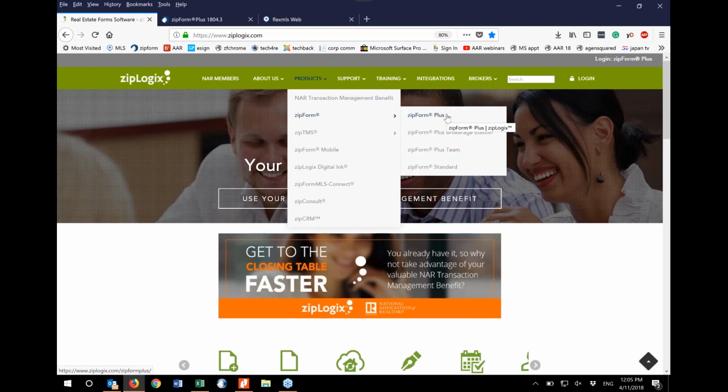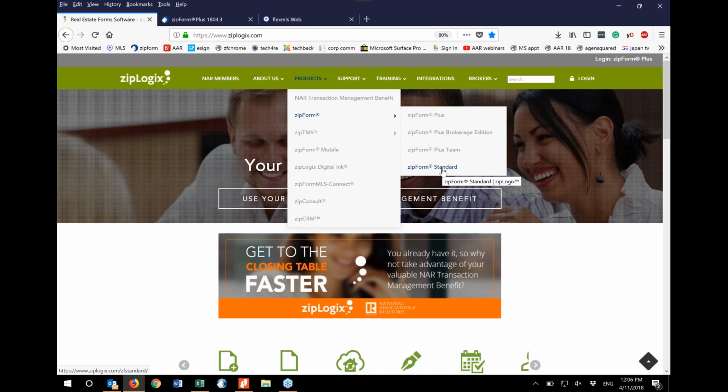And I'm talking about how to download the desktop, once again, the standard version of zipForm to our computers, and then, of course, how to make templates, which is probably the most essential part of everything. So here's what I'm going to do. I want you to go ahead and write your questions down below, as Beth mentioned earlier on, and I will go ahead and address it, and more than happy to answer it,